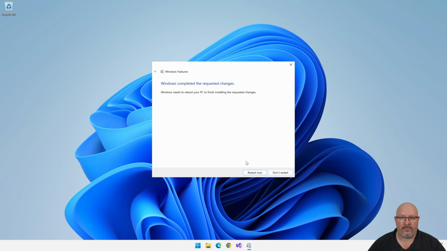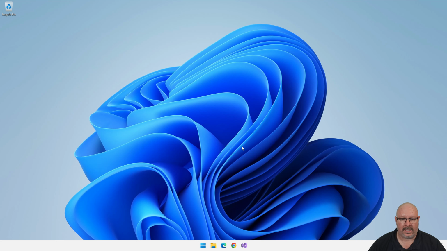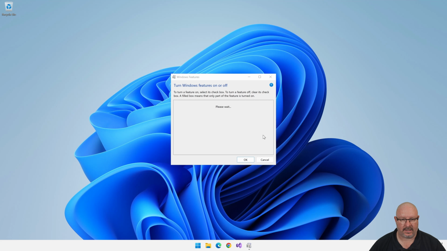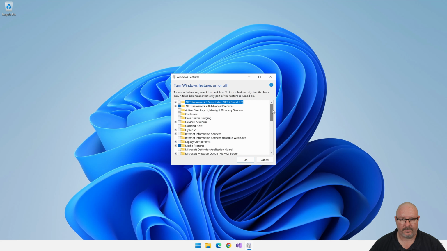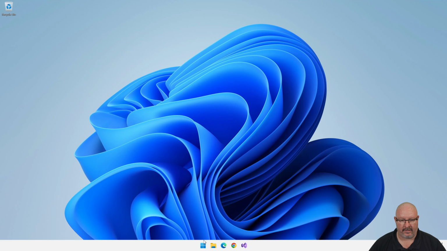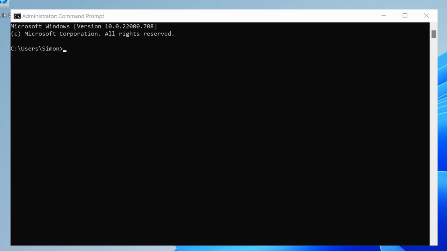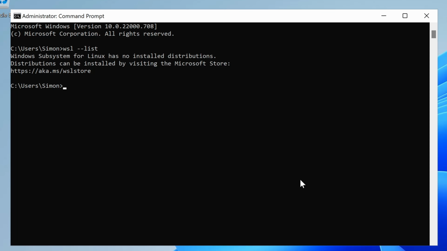So I'll quickly restart, and then once we're back up and running, I'll jump back in and we can go through the next step. Okay, so our PC's now restarted. Now we can go back into our features and see that our subsystem is installed. Now, if we run a command prompt, we can use some basic Windows subsystem commands, so we can type wsl --list,